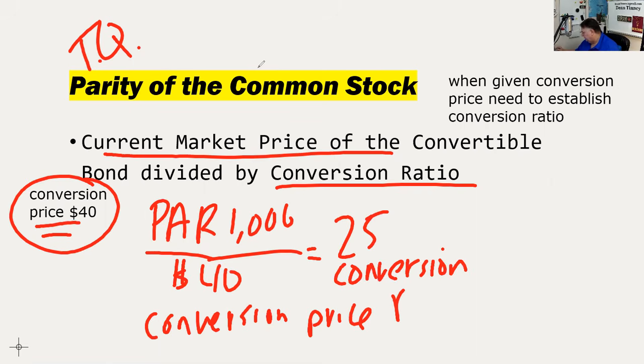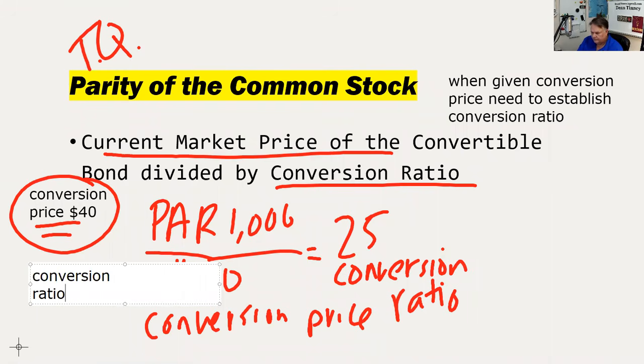So the first thing I'm going to need to figure out is what is the conversion ratio. So to say this bond has a conversion price of 40 isn't really helpful. What we need to know is that conversion price is a ratio of 25 shares. So now I'm back in business. So what I want to be able to do now is I want to be able to figure out